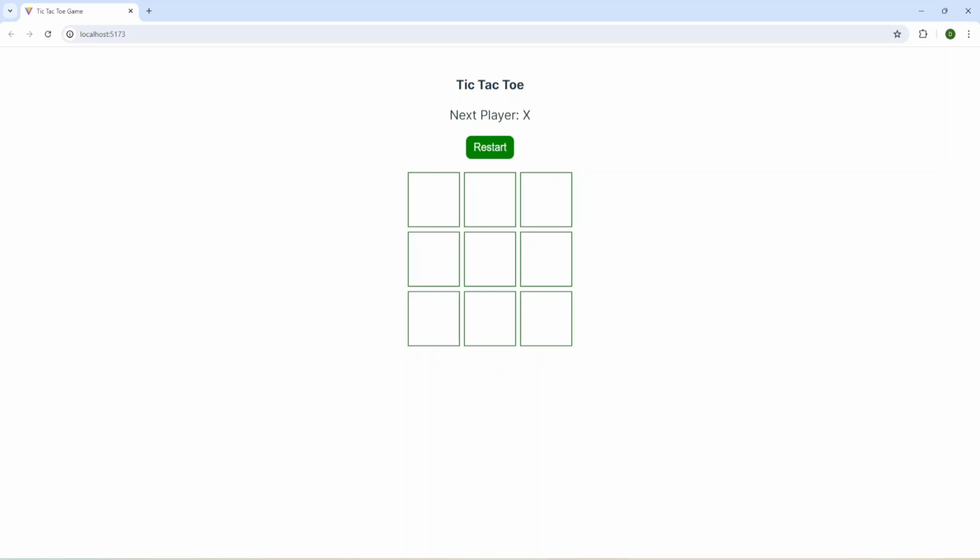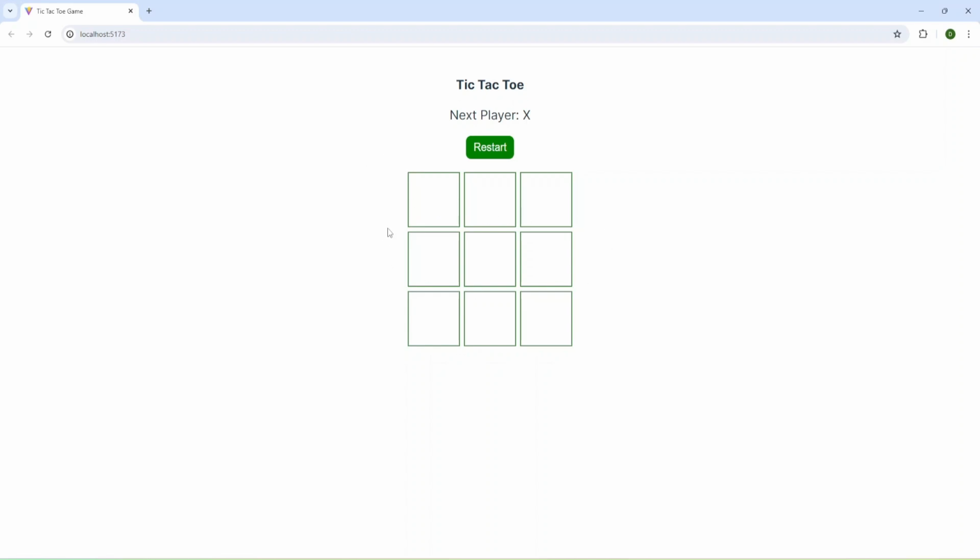Hi everyone, today I'll show you how to build a tic-tac-toe game in JavaScript, HTML, CSS, and using Vite front-end tooling. Let's take a look at the design. As you can see, we'll have a header and the status and restart button. I hope you all know the rules of tic-tac-toe, and we'll have the game field with